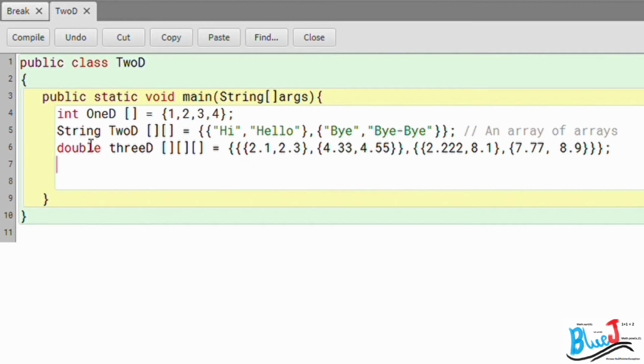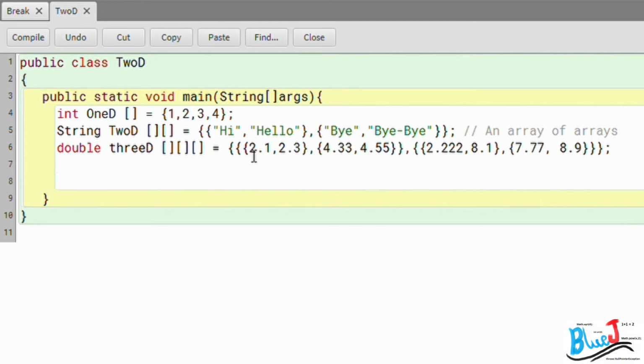Now the third array is a double three-dimensional array. That is, the first dimension is the array in the outermost array which contains two arrays, and the other array in the outermost array which also contains two arrays.